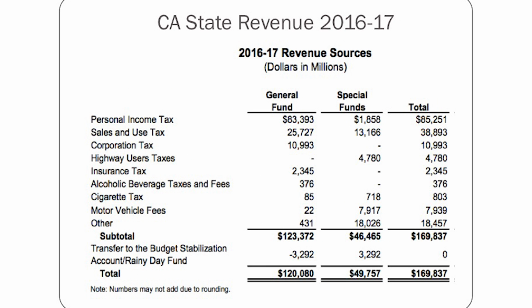In terms of revenue, income tax is our biggest revenue generator. So there's a proposition in this batch that we're going to look at today that's going to talk about a tax increase continuation. So that's something to keep in mind. We also have, as you can see, our second highest income generator is state sales tax. And then that's followed by corporate taxes. And the rest is kind of split among a variety of sources.